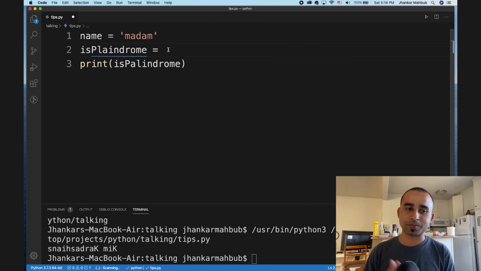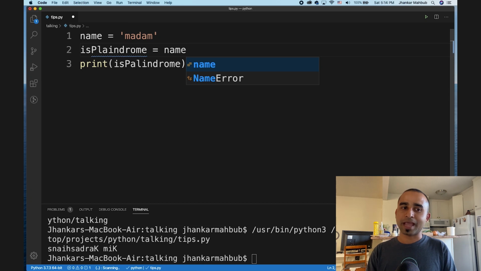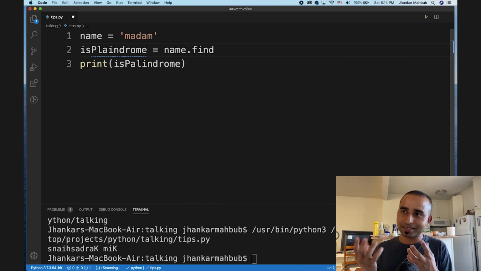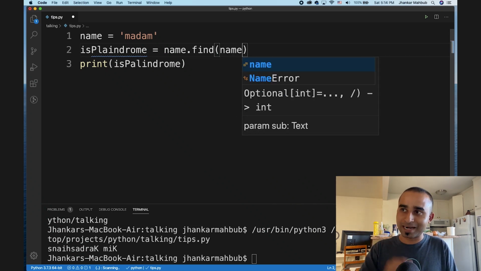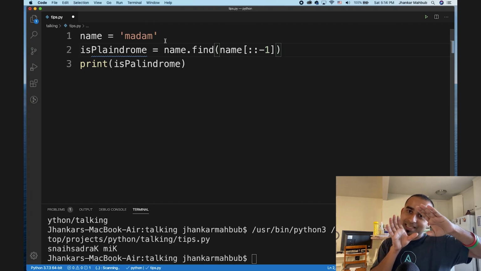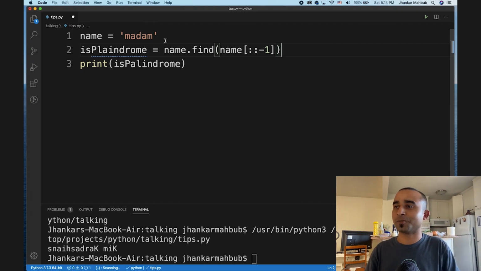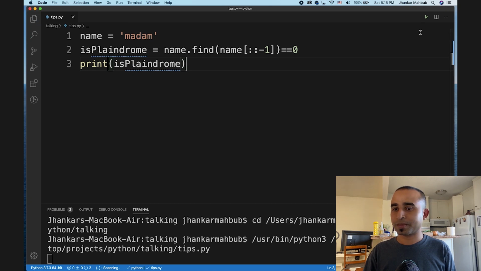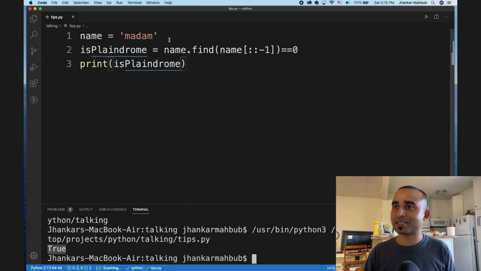there we will just return it as the output. But all we need to do is very simple. We'll do the name, and then inside the name we would like to find the reverse of it, which we learned just a few minutes ago. So we look for name[::-1] in the name, and if it exists, it will match exactly the same location, and its index would be 0. So equals to 0. That's it. So in one line, you can check whether a word is a palindrome or not. So we will see the output here, and when we run this, we get True as an output because this is a palindrome.